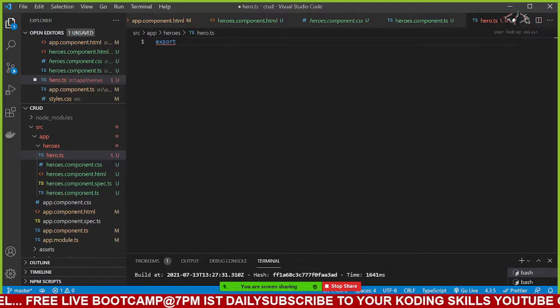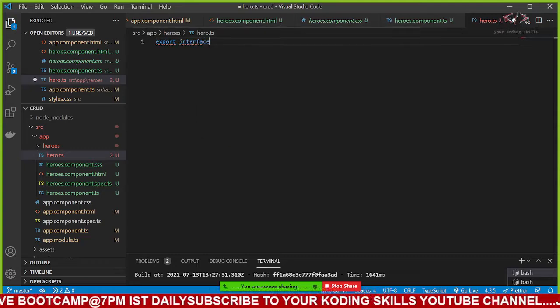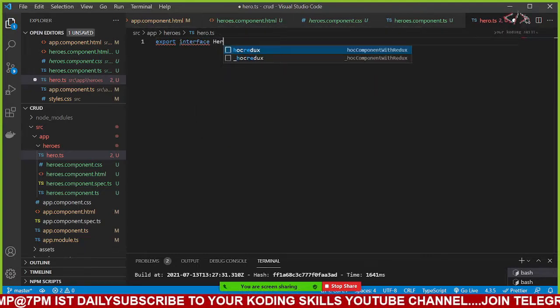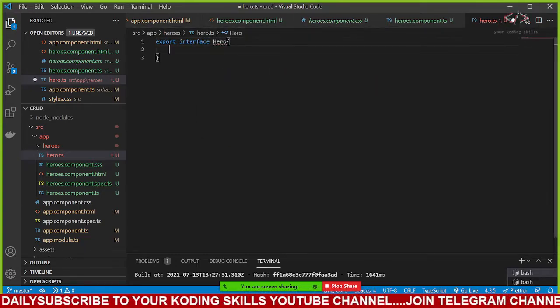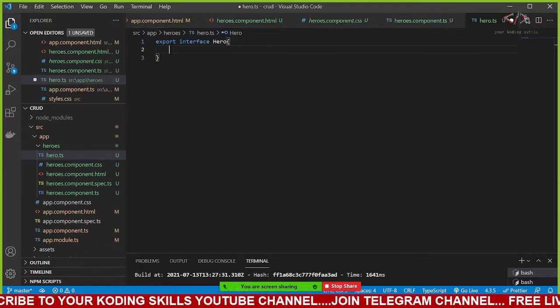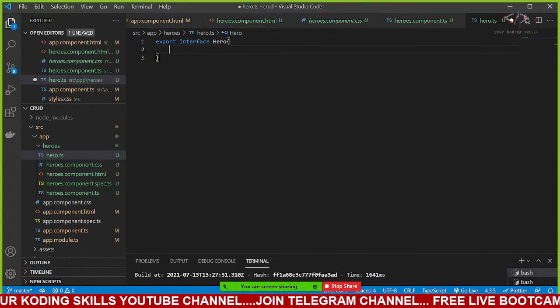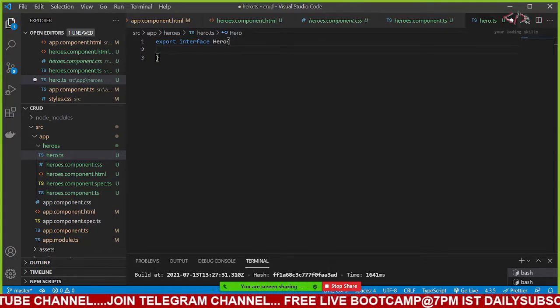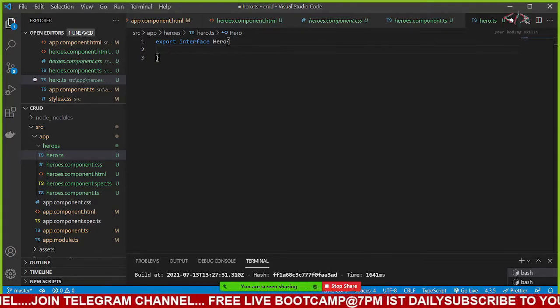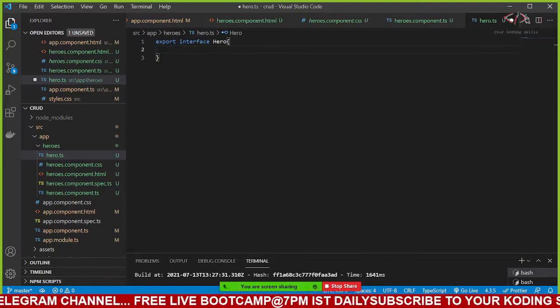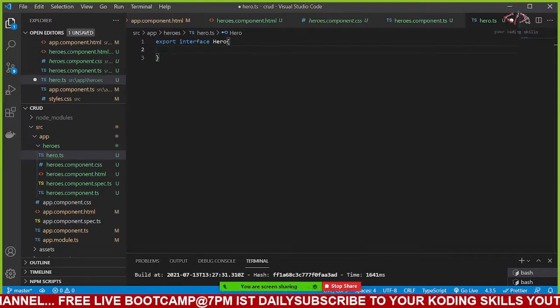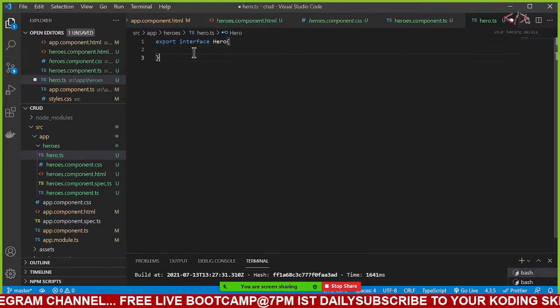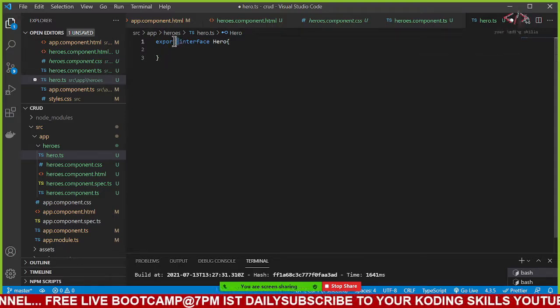For example, now interface is the built-in keyword, and hero is the name of this interface. Export class and export interface. So, as I told, what is the use of export?